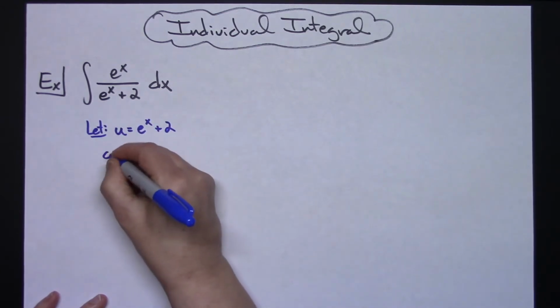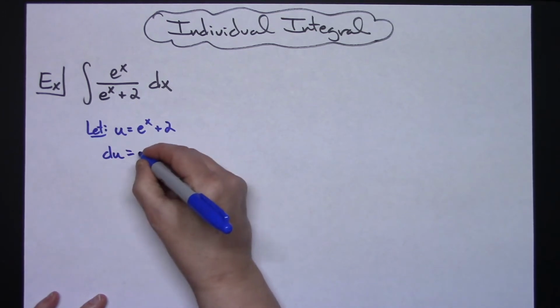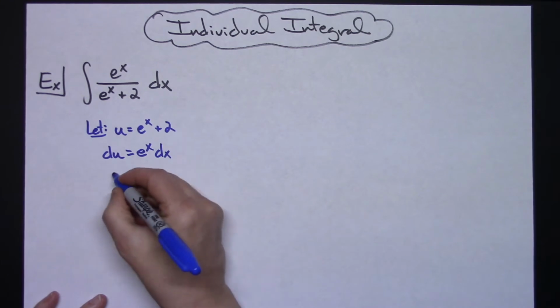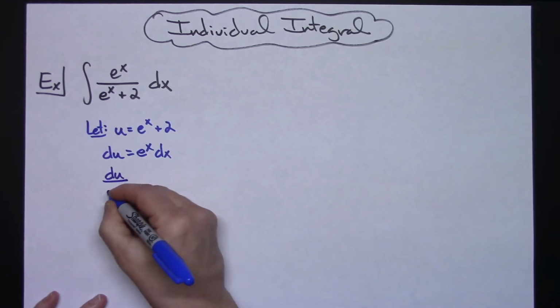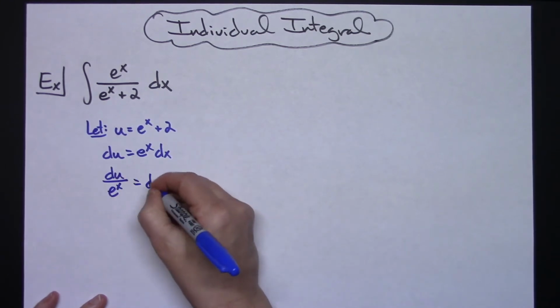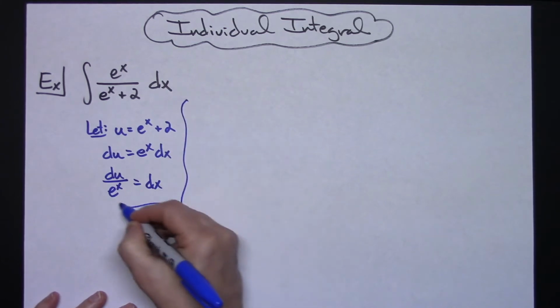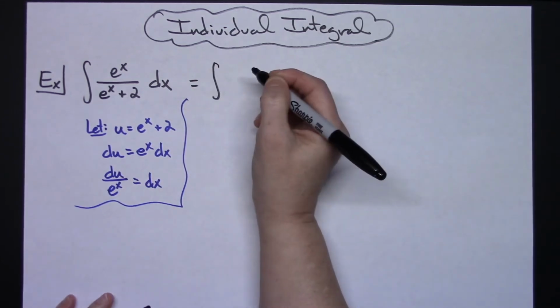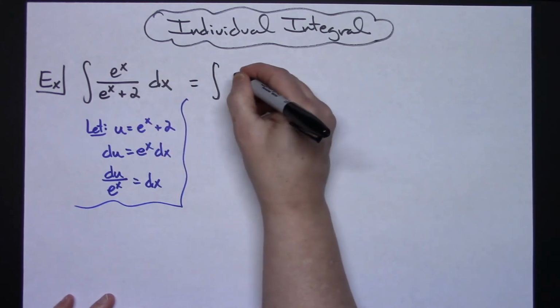Take the derivative of both sides, we'll have a du equals an e to the x dx. And then going ahead and solving for that dx, we'd have a du over e to the x equaling our dx. Okay, coming back up to our original integral here, we will leave the e to the x in that